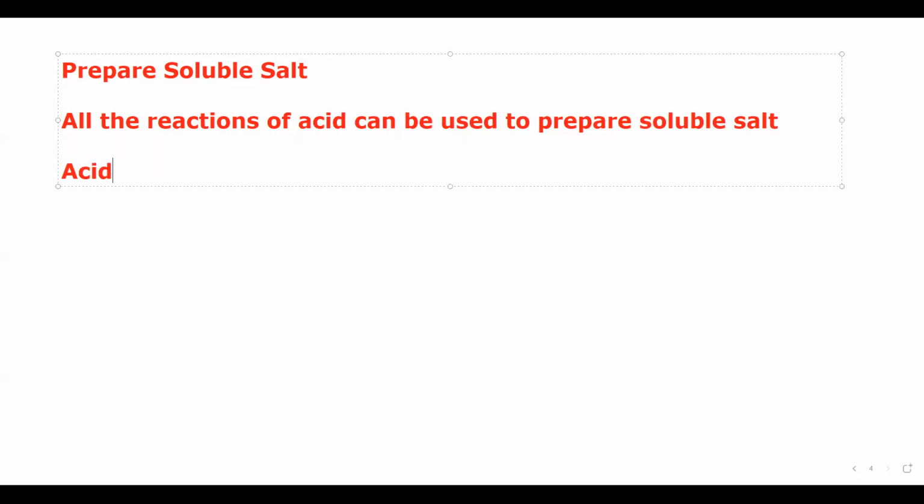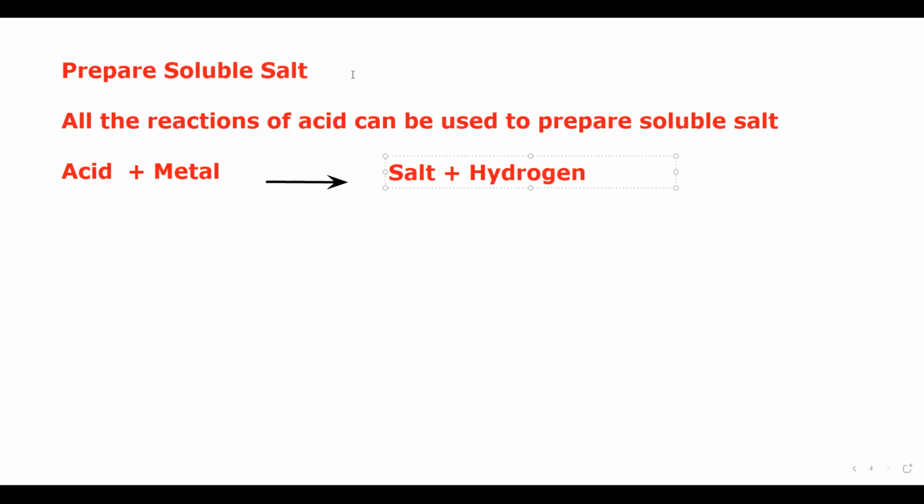The first, when acid plus metal, so when acid is mixed with metal, this will give salt and hydrogen. The second is when acid is mixed with metal oxide, which is also known as a base, or insoluble base, it will give salt and